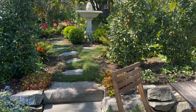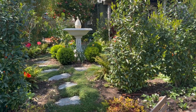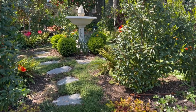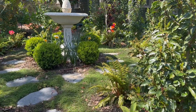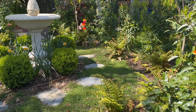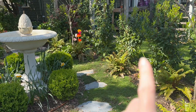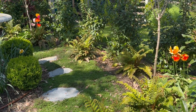I've just pulled off the cover to the fountain, and we'll be filling that up in the next week or 2. And in the wintertime, this space has evolved. It used to be an old shed, and we've slowly been building it out. But I decided to, as it's getting shaded because it's going to be a walled garden with Portuguese laurel, add in a bunch of